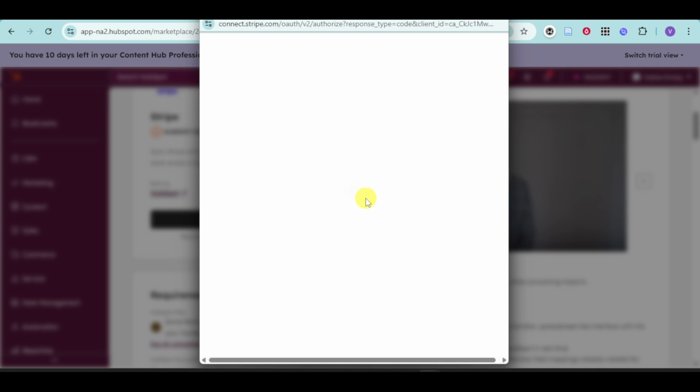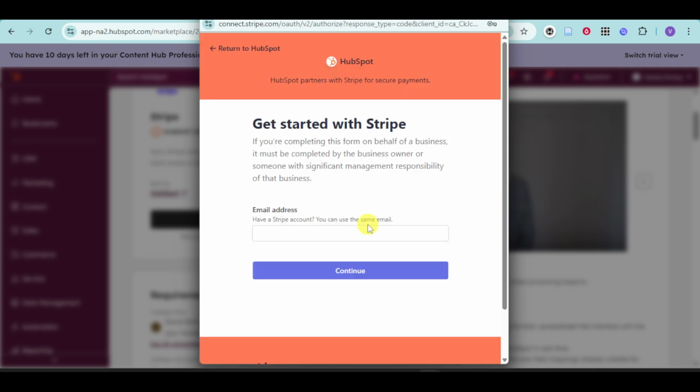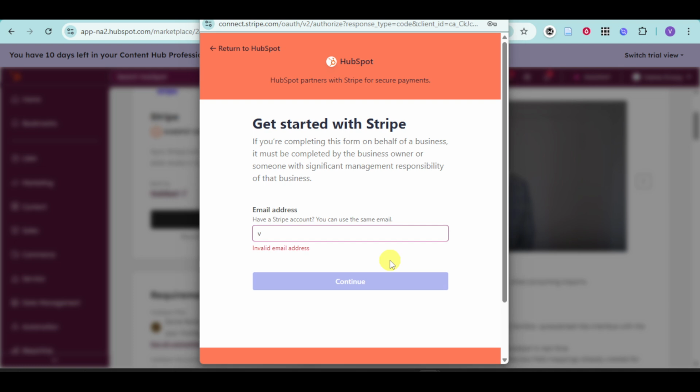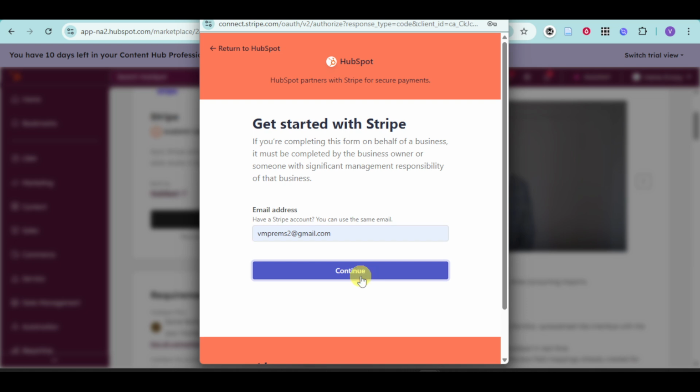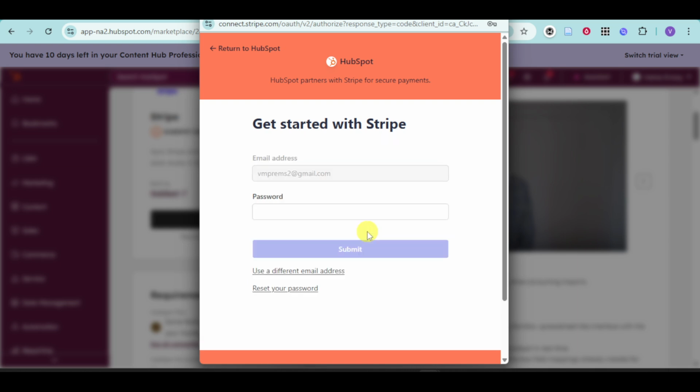So, in order to connect it directly to your HubSpot, input right here your email address and proceed to click on continue. And once you have inputted right here your actual details, you can just proceed to sign in into your Stripe. Let me head over and sign into mine. Now from in there, this will actually go over to Stripe and this should initiate the connection and integration to HubSpot. So that's all there is today,